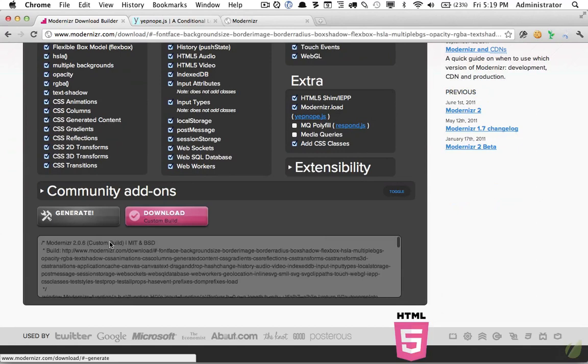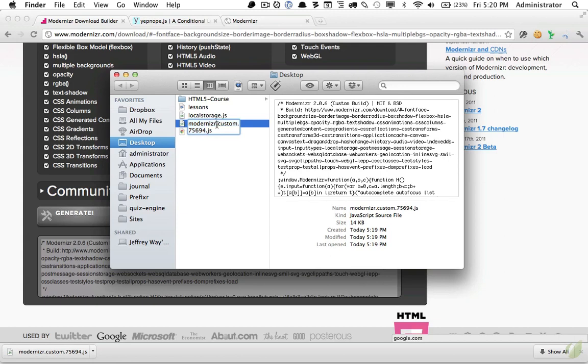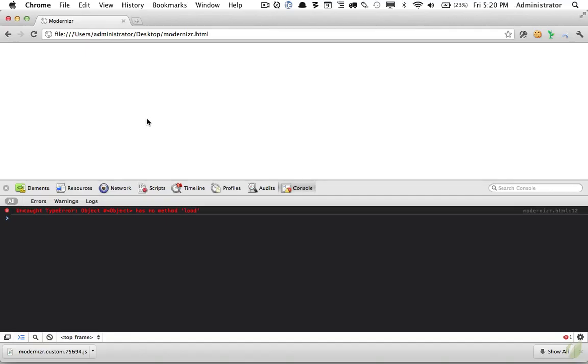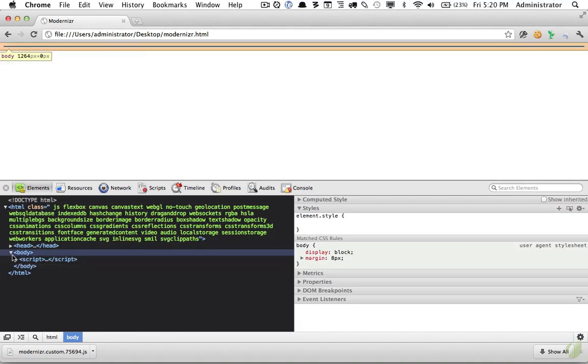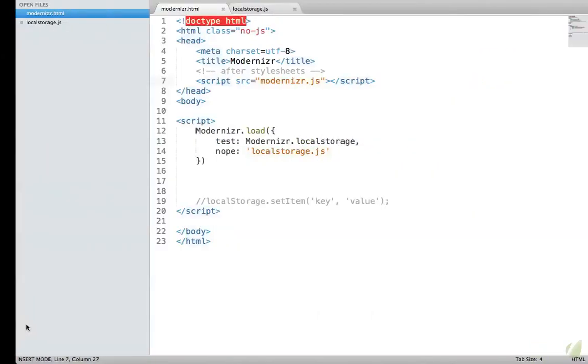So let's generate that. And I'm going to copy all of that, or we can download it. And lastly, I'm going to rename this just so it's easier for me to write. Modernizr.js. Now I'm going to come back to the script and we're just going to refer to it like so. Reload the page, and now we're no longer getting that error. So cool, let's go to the elements, and I want you to take note that nowhere is localstorage.js being brought in, and that's because, of course, this browser has support for it, so we don't have to waste time bringing in that file. However, if you were to load this page in, say, Internet Explorer 6 and view the generated source, you would see it there because that browser does not support it,